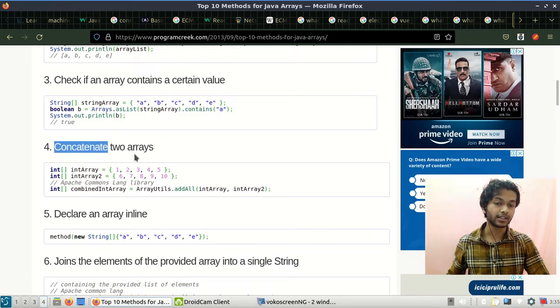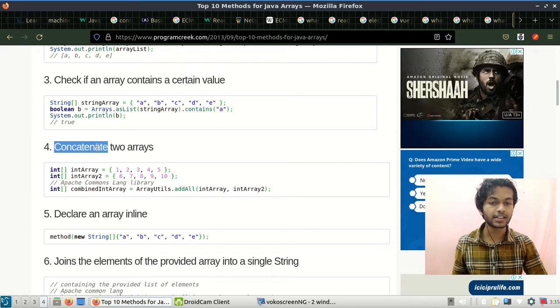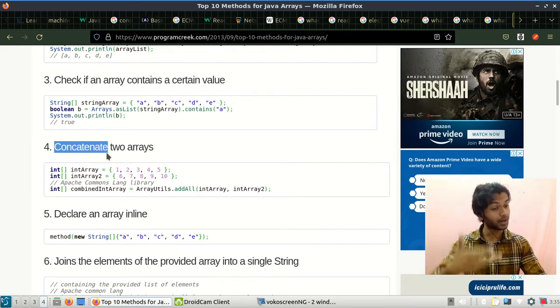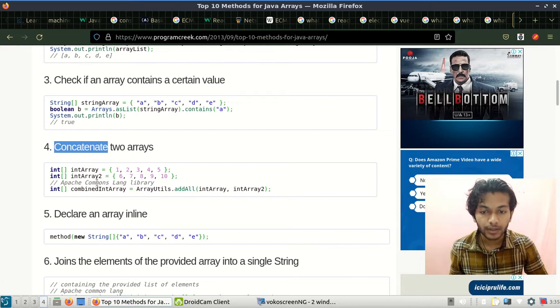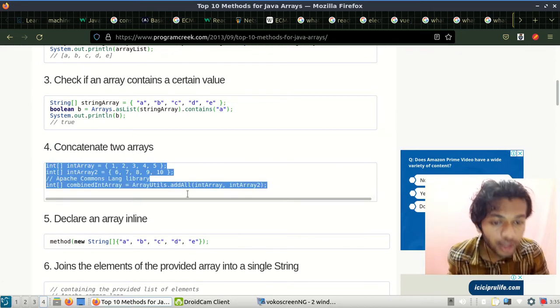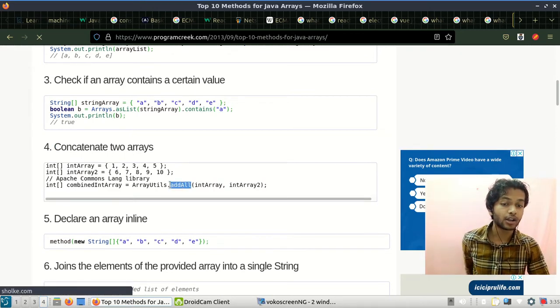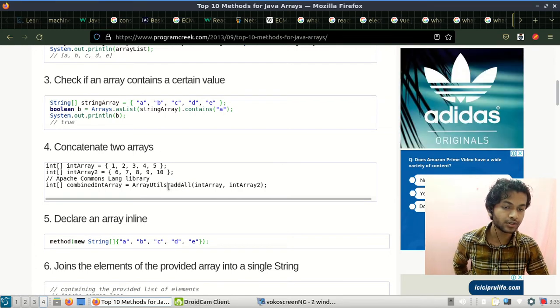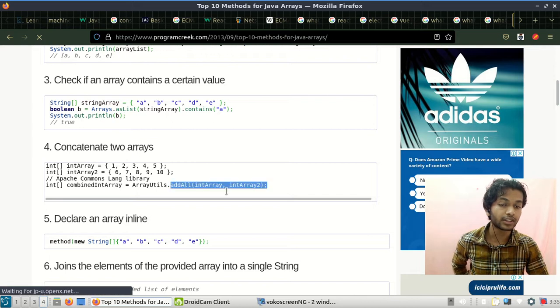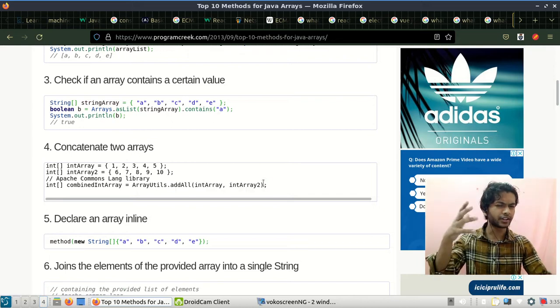Concatenate two arrays, basically joining two arrays. Concatenate is the other word for joining. So we can even join two arrays. This is the method using addAll. The addAll method, where the dot operator is used, is used to concatenate different types of